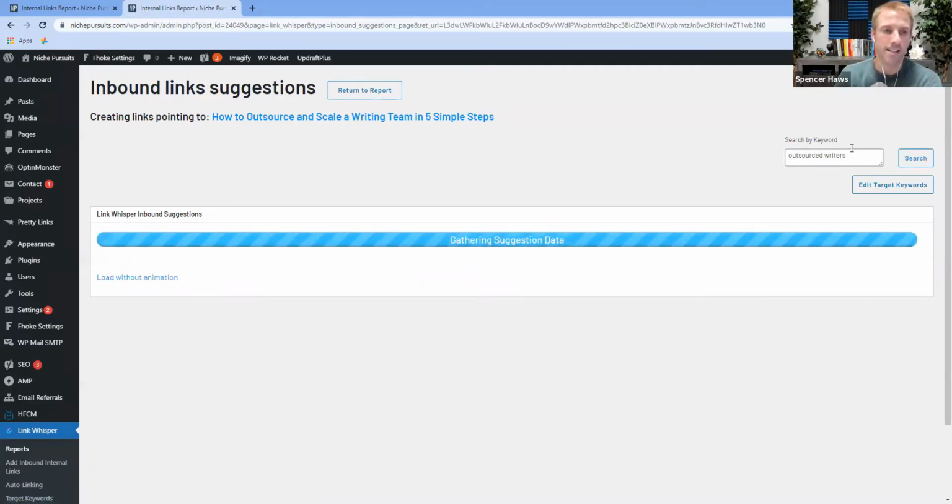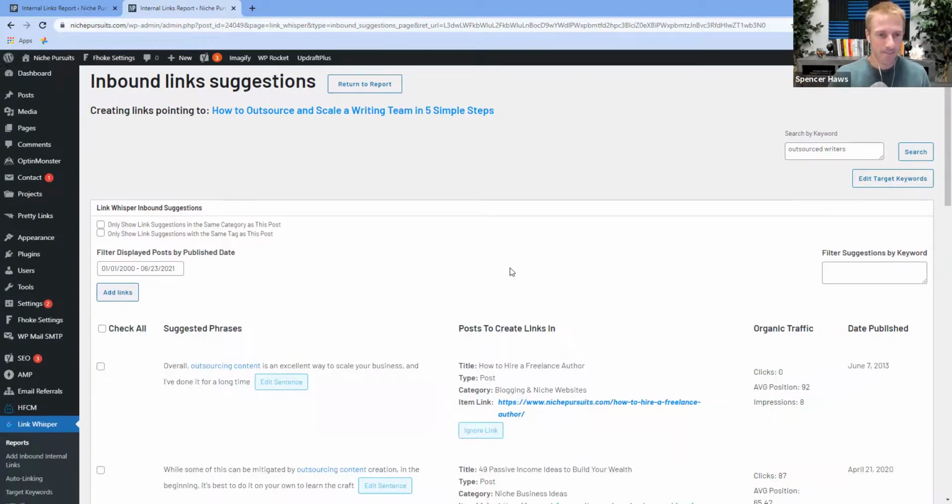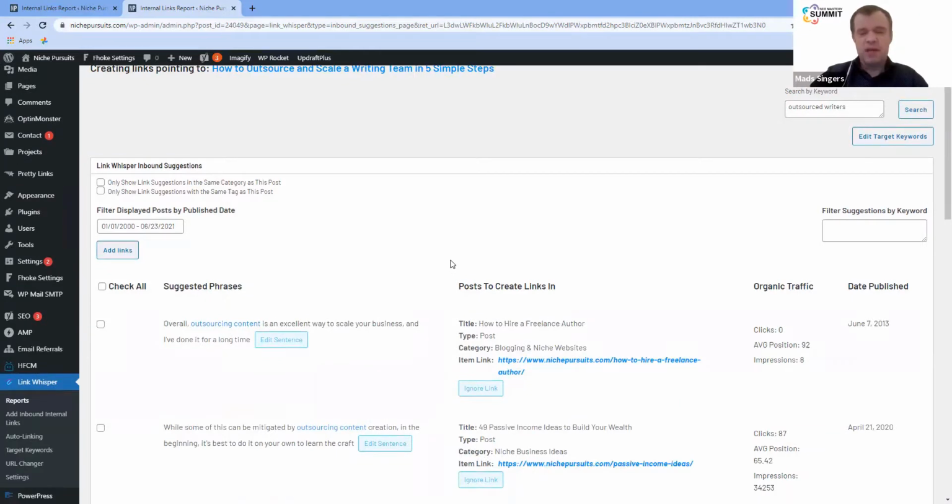If you don't like the exact suggestions, you can fine tune it by typing in keywords, and then Link Whisper will go out and find wherever you've mentioned those particular words. And let's give it a second. I don't even know if this phrase is mentioned on my website. Yeah, I've definitely used it quite a bit, particularly